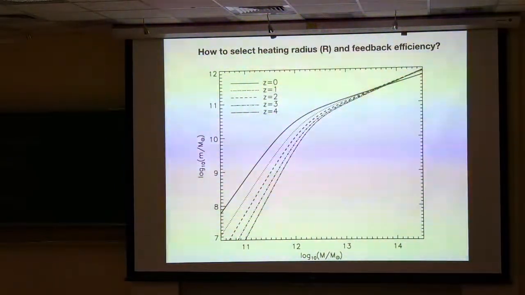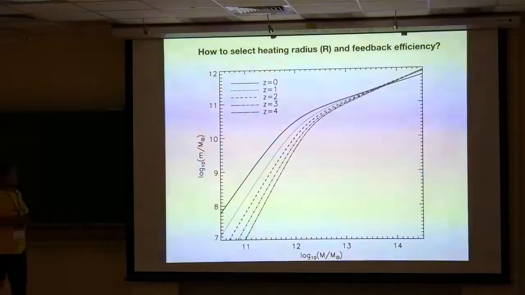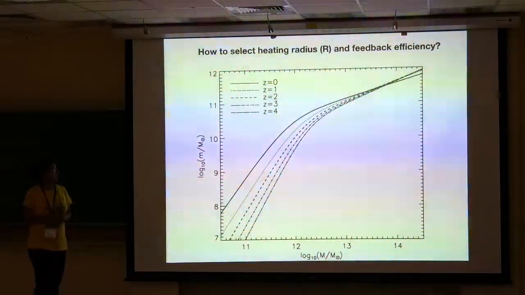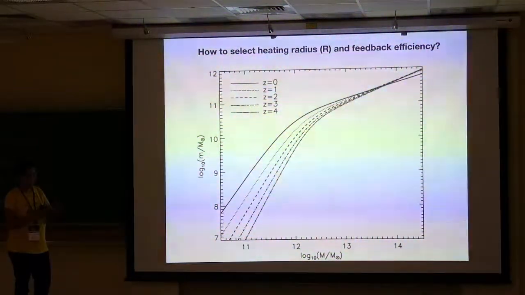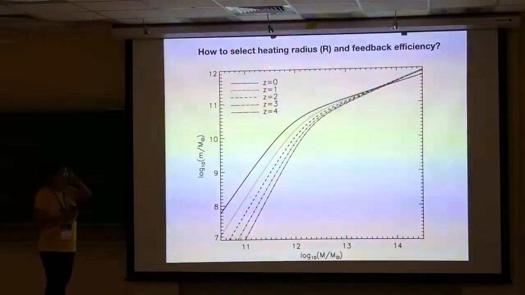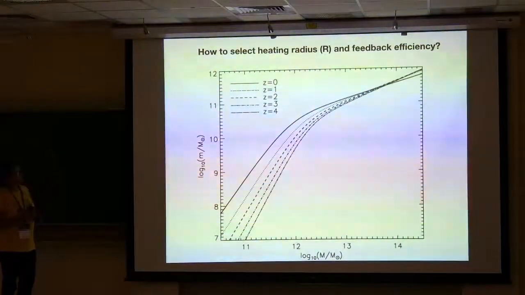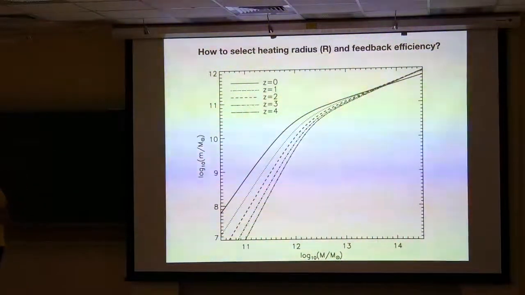A very good way to do that is abundance matching. In galaxy formation theory, this plot is very popular because people take the stellar mass data from observations, and by abundance matching, they try to find the halo masses from mass functions in different N-body simulations. This trend is seen for different redshifts. So what we do is we take two redshifts, z equal to 0 and 1, and